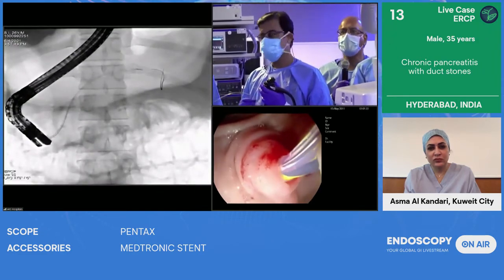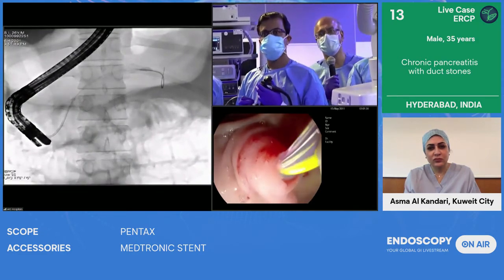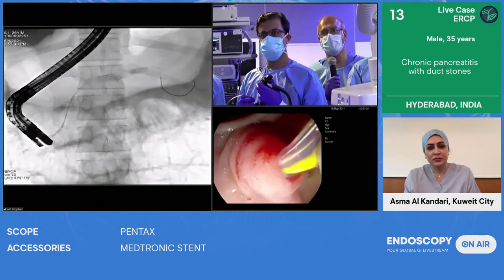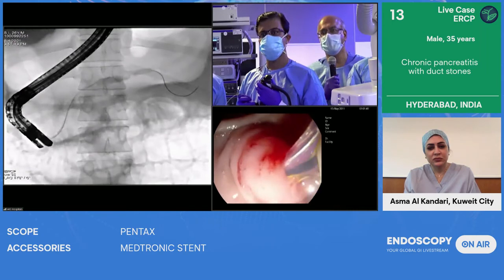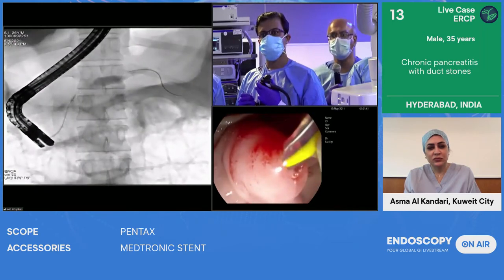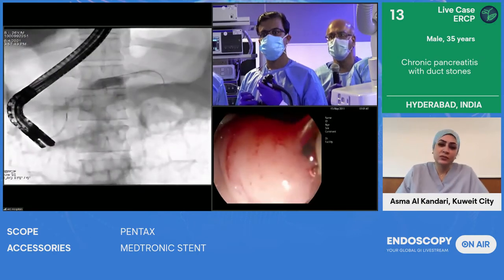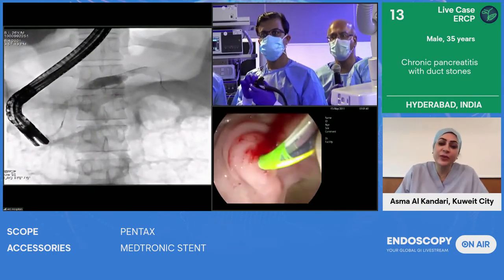In the pancreatic duct, we are now increasingly using the biodegradable stent. If there is a need only for a short time stent, the Archimate is one. But we'll have to see whether there's any need for any stenting in this case, or we can just get away by, I think,